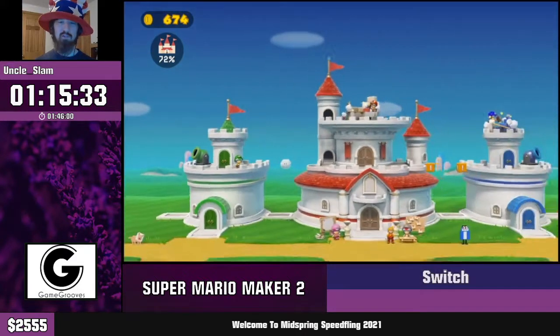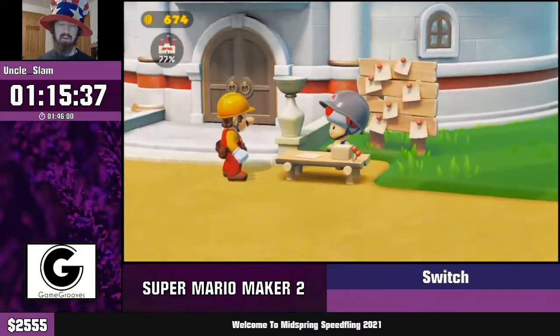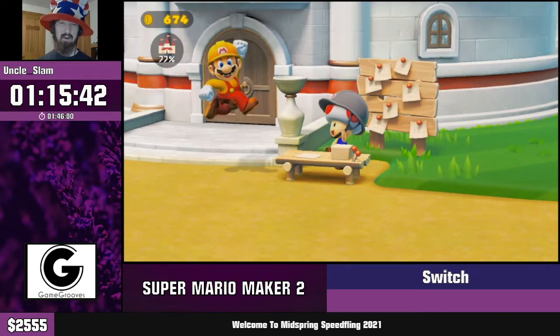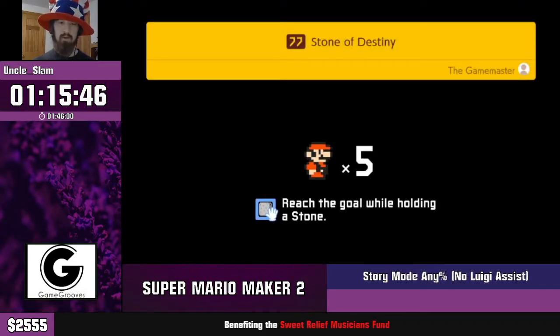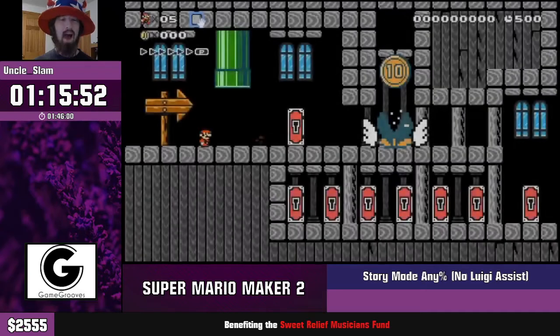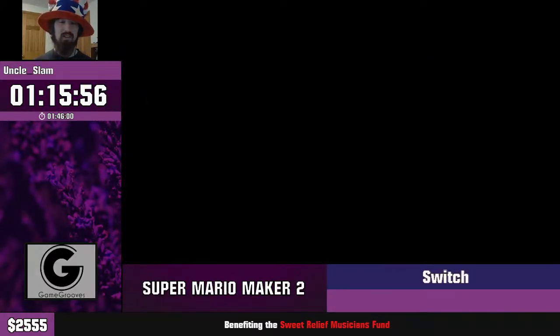And with how many clusters of coins there are there, that really does add up. Okay, so casually, this next level, Stone of Destiny, is one of the longest in the entire game. It's a puzzle level, where you're meant to use the stone and bring it into 4 different rooms in order to solve puzzles, but we only need to bring it into 2. I'm going to bring it into 3, though, because one of the strategies is just a little...